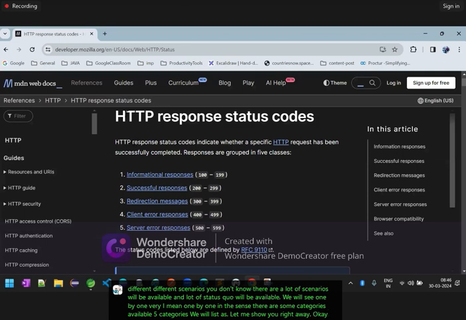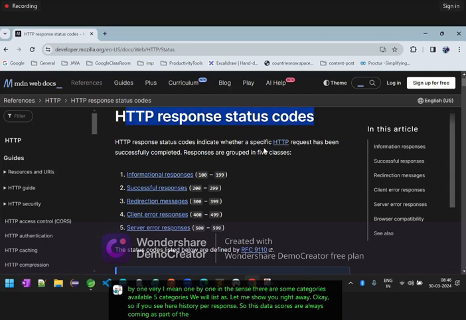Okay, so if you see here, HTTP response. The status codes are always coming as part of the response only. That's why I always call them response status codes. One or two persons told me we can define status codes while we are sending the request also. Is